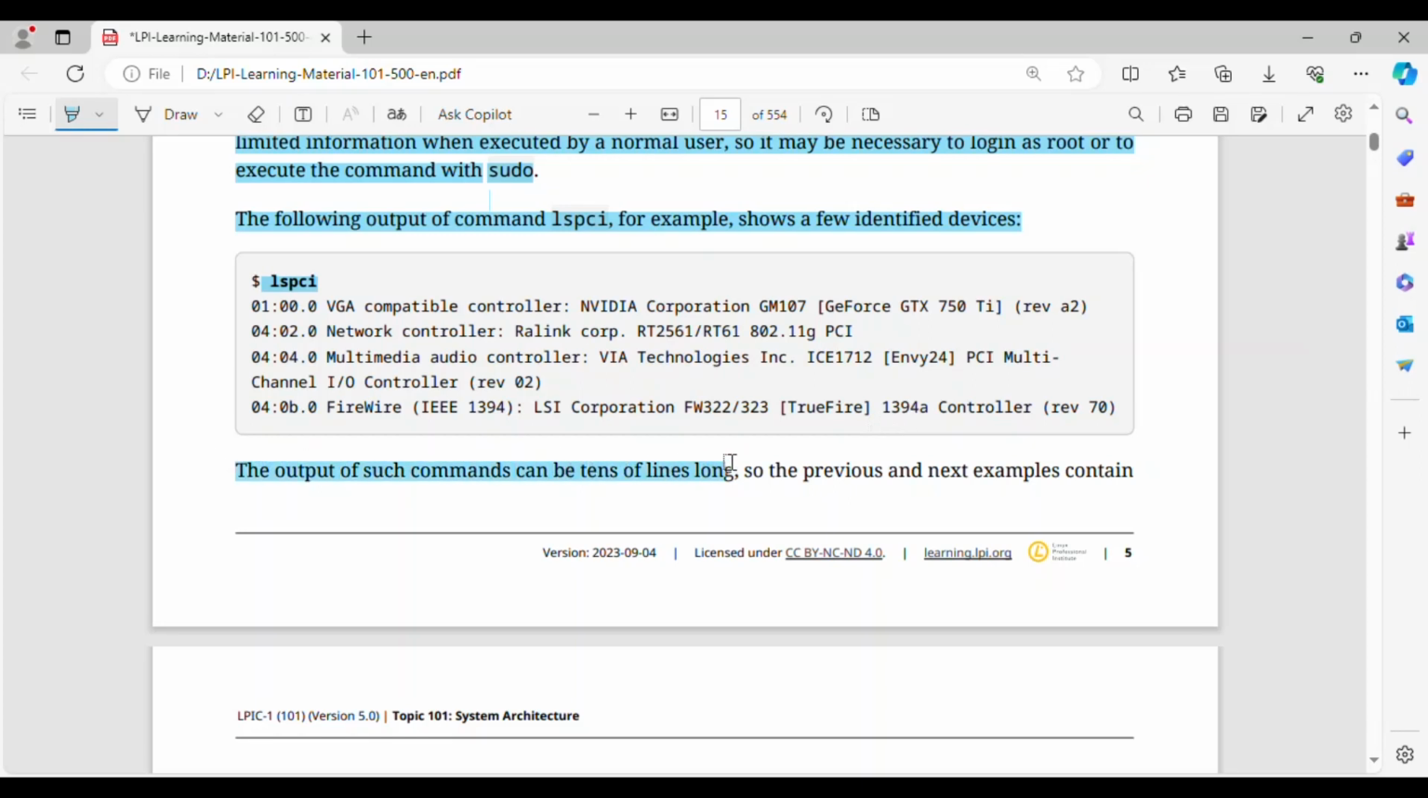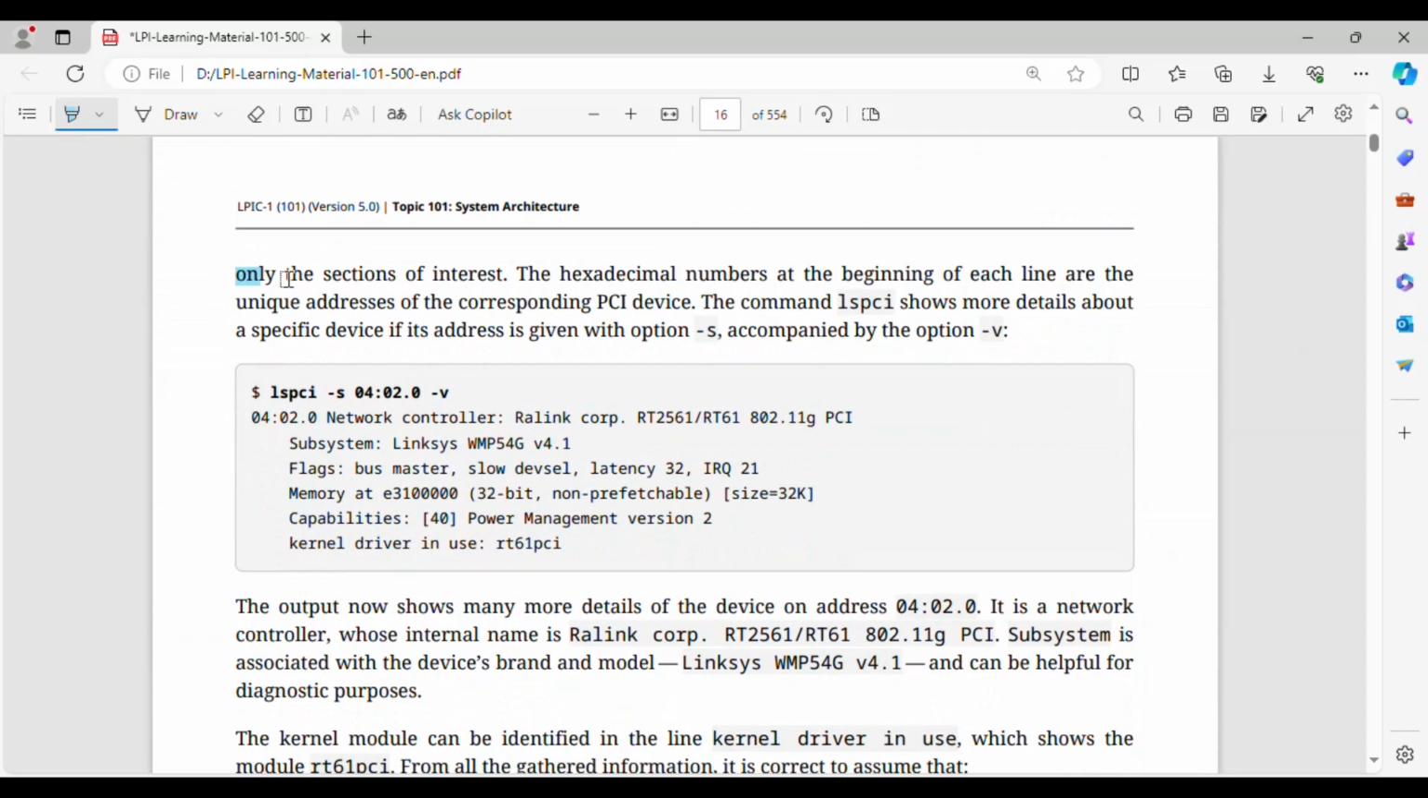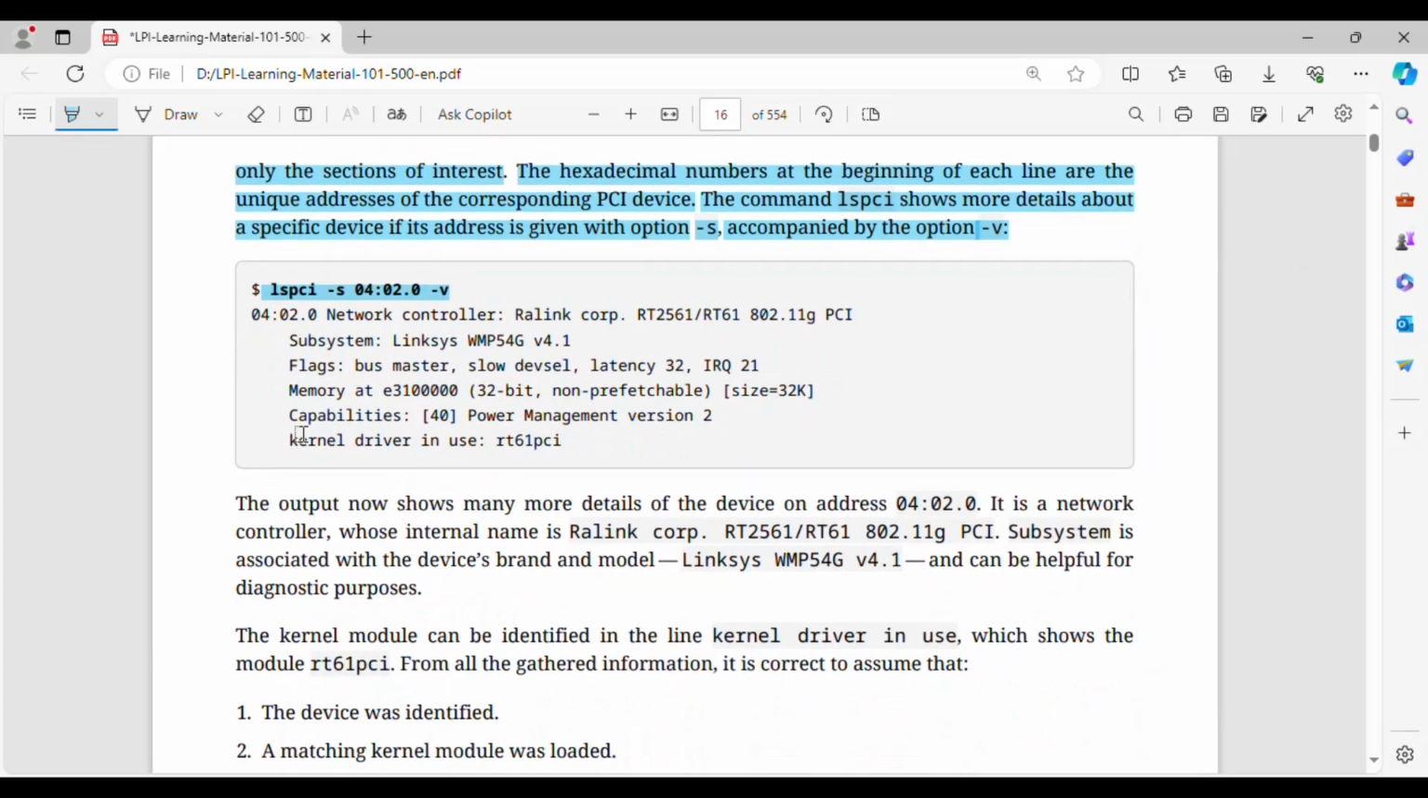The output of such commands can be tens of lines long, so the previous and next examples contain only the sections of interest. The hexadecimal numbers at the beginning of each line are the unique addresses of the corresponding PCI device. The command lspci shows more details about a specific device if its address is given with option -s, accompanied by the option -v. $ lspci -s 04:02.0 -v